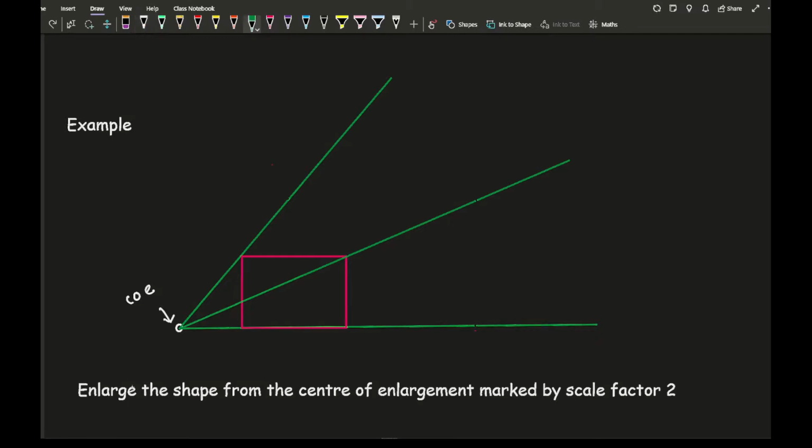So the first thing you want to do is draw the projection lines. And basically how I've drawn those projection lines is by looking at the vertices of this rectangle. So I've got a vertex here, a vertex here, a vertex here, and a vertex here. Now if I label these 1, 2, 3, 4,